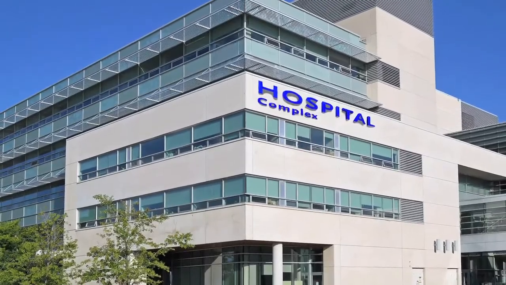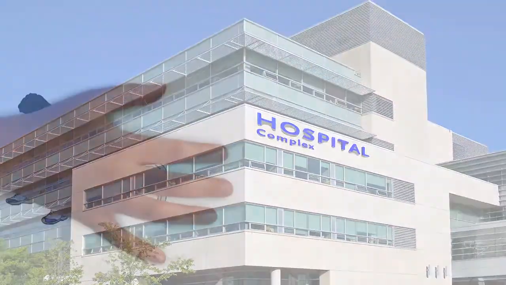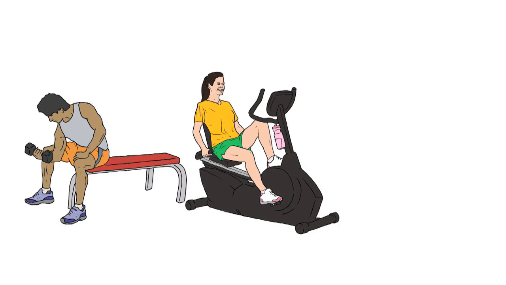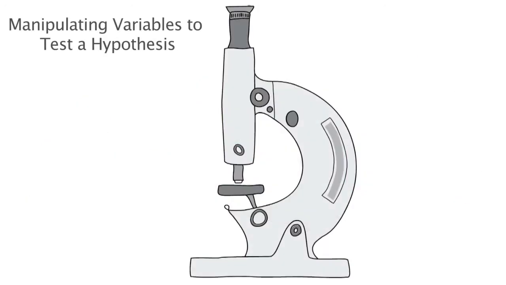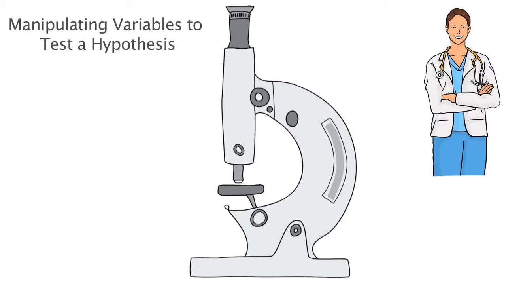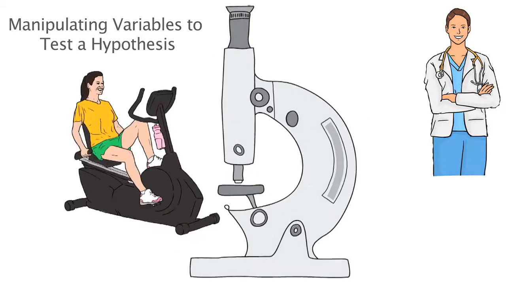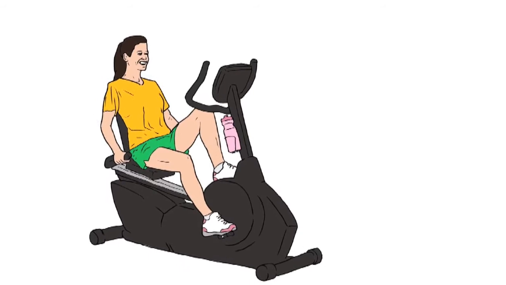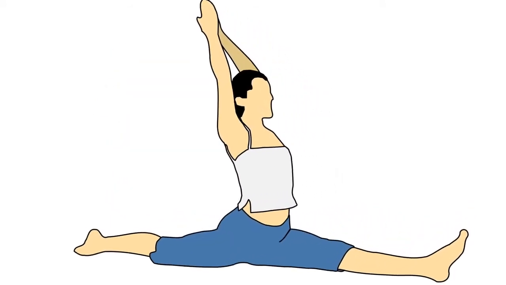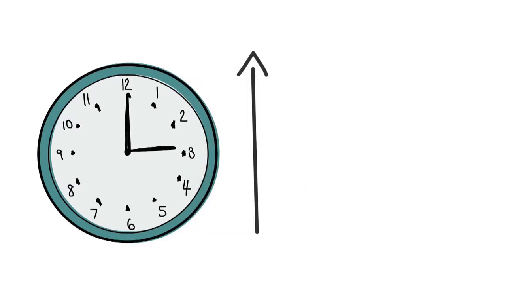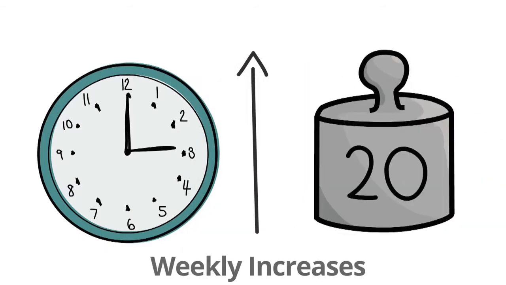Our second clinical question focused on whether varying exercise types for patients could lead to short and long-term changes in pulmonary function. Let's consider again how to manipulate specific variables to test our hypothesis. The first thing we could do is assign some patients to a challenging exercise group and other patients to a static exercise group. We could then progressively increase the duration and difficulty of physical activity for the challenging exercise group